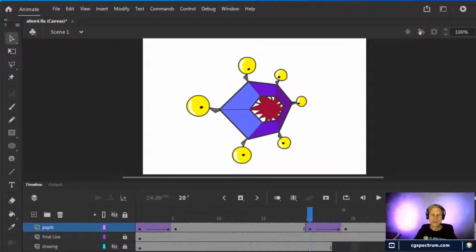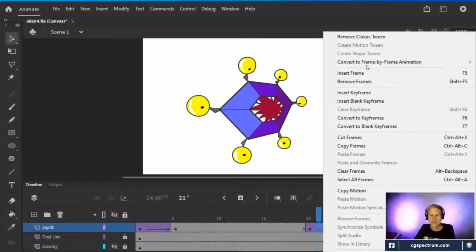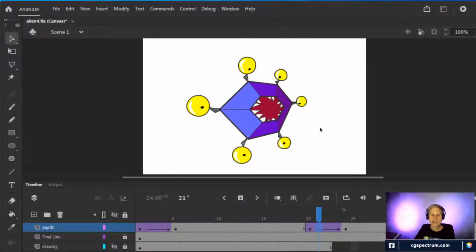And then they're just tweened. So there's one frame here, and then there's another. It's on frame 20, I placed a key. On frame 24, I placed a key, and then you just right mouse click and you do a classic tween. So if I remove it now, it won't have any in-betweens anymore. But I just created a motion tween in the classic style, which is just Animate CC, formerly Flash, interpolating between two frames the shortest possible distance.